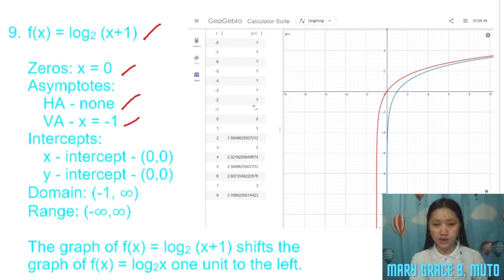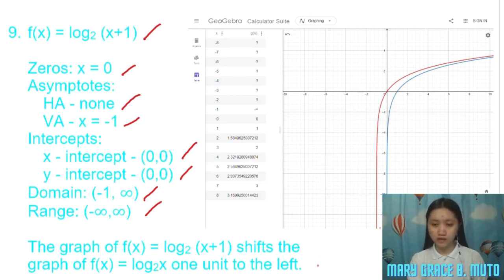For the x-intercept, as we can see from the graph, we have it at 0, 0, and so with its y-intercept. For the domain, we have negative 1 to positive infinity, and the range, as always, negative infinity to positive infinity. For the transformation, the graph of the function f of x equals log base 2 of the quantity x plus 1 shifts the graph of the parent function f of x equals log base 2 of x